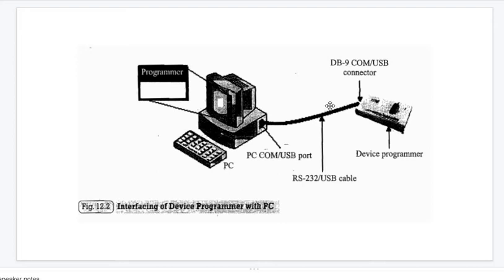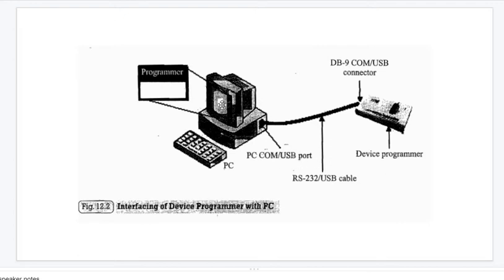I am writing data on a memory card, but really speaking I have not connected the memory card directly to my desktop. I have connected my memory card to the mobile, and the mobile I have connected to my desktop, so that data from the computer will go to the memory card via the mobile. So here the mobile is called the device programmer, the memory card is called the device, and the computer is the source.